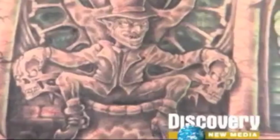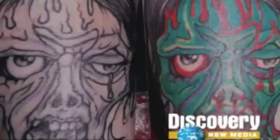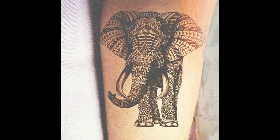Tattoos have been around for many centuries and they are showing no signs of fading into history. Permanent body art has taken a variety of uses over the course of history, either as a mark of individuality, like in modern society, or to signify that one belongs to a specific group. Receiving a tattoo has always been an almost spiritual experience that requires the endurance of physical pain in exchange for a permanent mark of beauty, protection, or